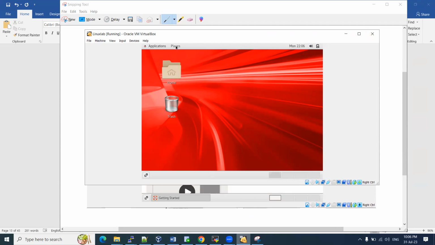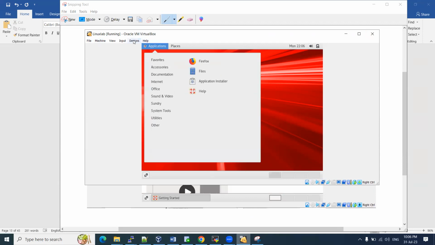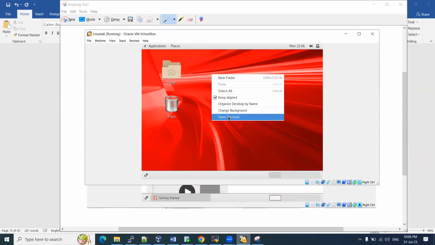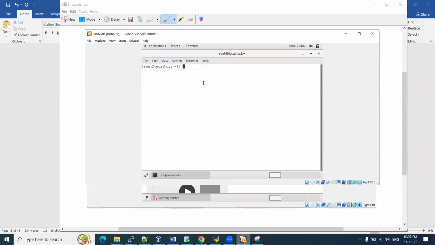No, let me go to this one, devices. We need to install the guest edition CD, and then only we will get certain kind of font size and all. See here, what is our host name? Localhost. If you want, you can change the host name also. I'll show you right away. But